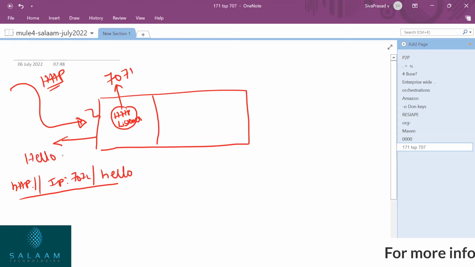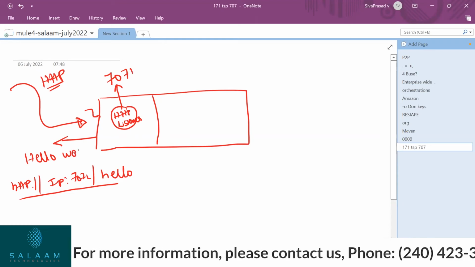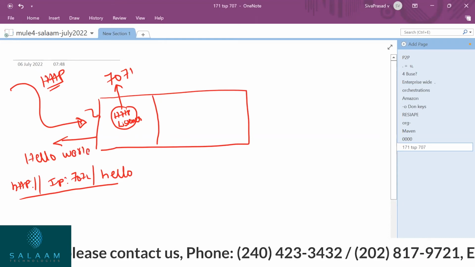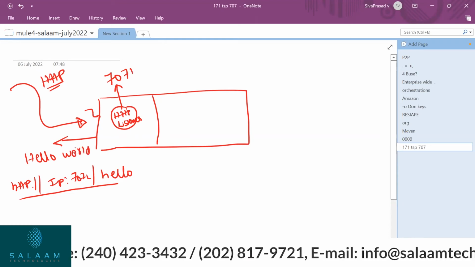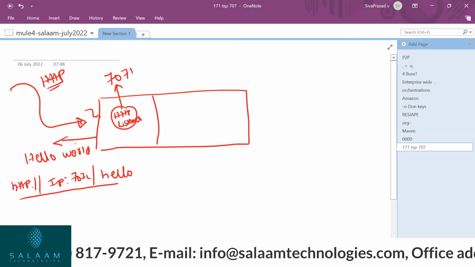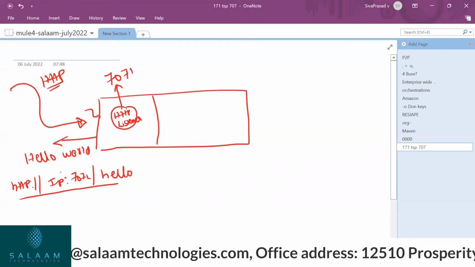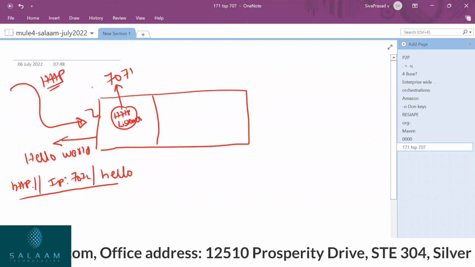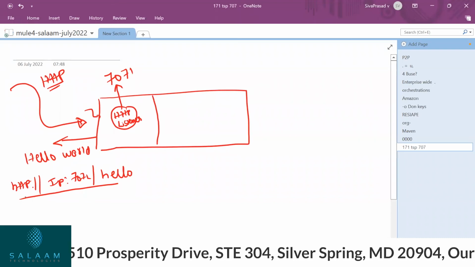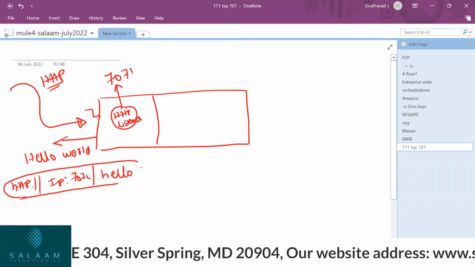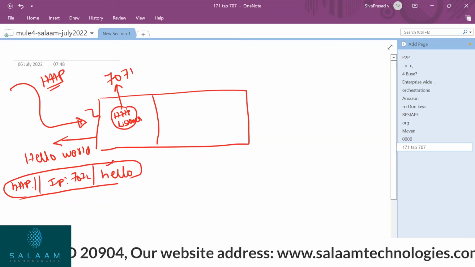Let us design a simple hello world program right now. Don't worry, we'll write serious programs next, but let us start with a simple hello world. So for my Mule flow, if I give a request like this, /hello, I should get hello